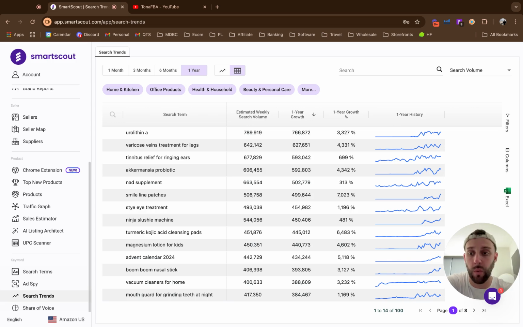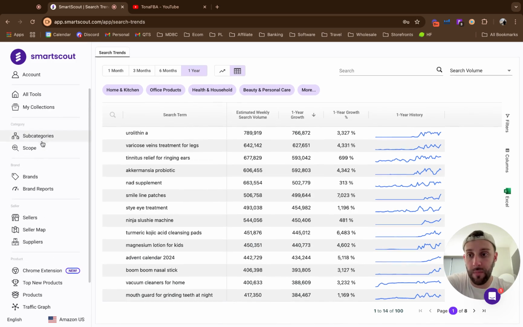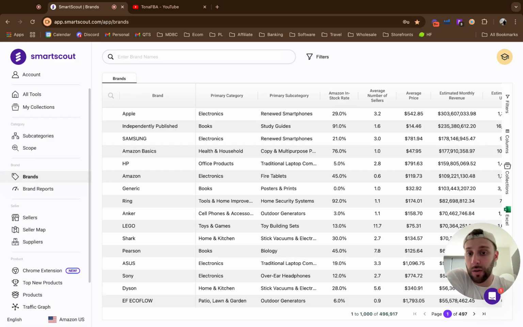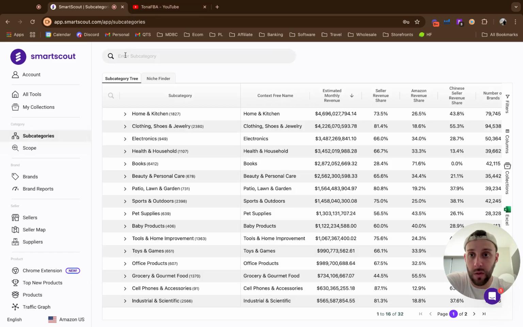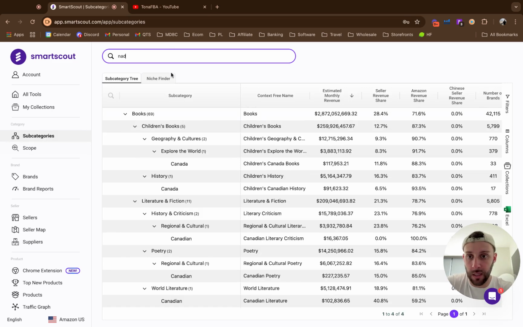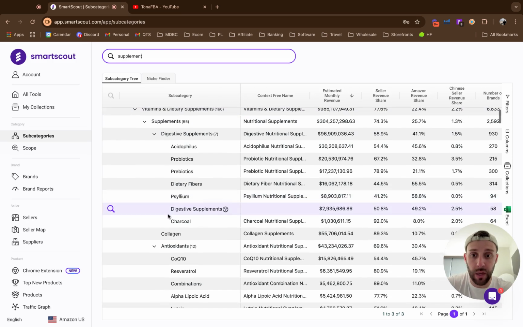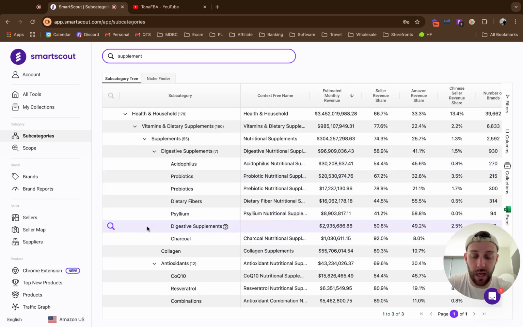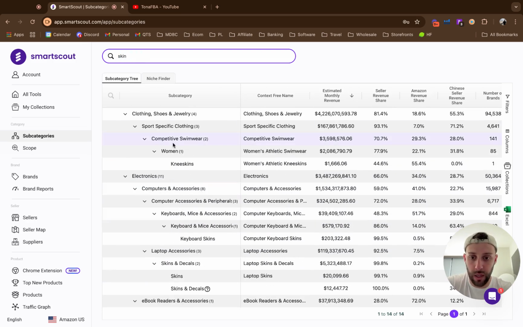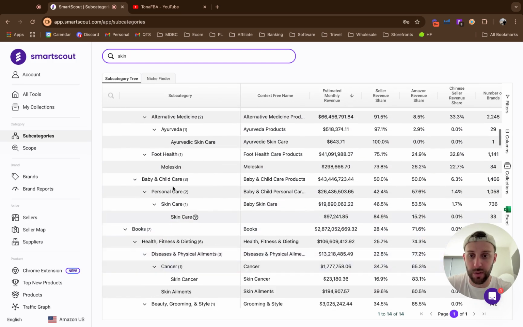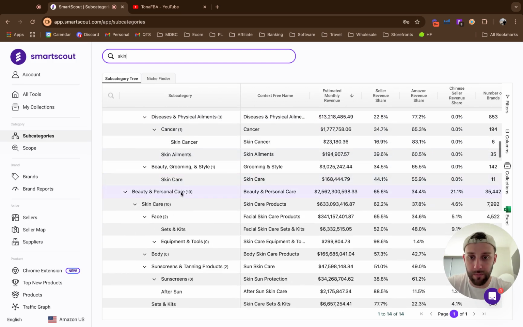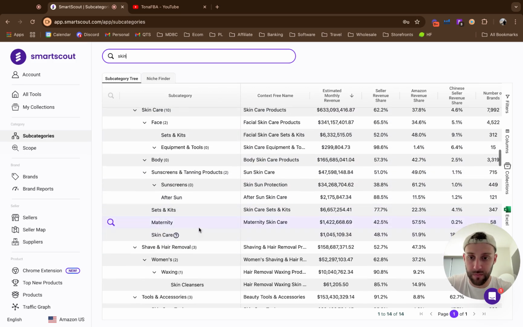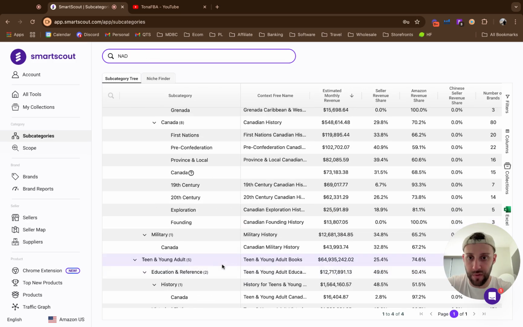And then you would want to fact check it with some other tools for search volume, for maybe competitor research. So you could go into another tool called the brands tool, and maybe you want to filter by subcategories. You could even go into the subcategory tool. So let's say you want to go into maybe NAD, which would be more of a supplement, and you could type in supplements, and you would actually go and look through those supplements. Maybe NAD is more in the skin health, so it could be more beauty or skin wear. You would have to really search through this: personal care, skin care, beauty, personal skin care, boom, like that. I don't know if NAD is going to pop up,